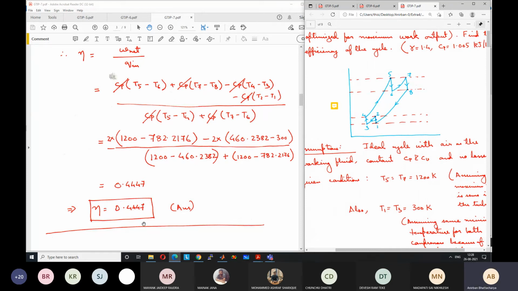Any questions? So all the problems are similar in nature. You can see that it is very easy to solve these problems. I cannot make any complicated problem here also. So ultimately, once you understand the cycle and know about the cycle, it's very easy to solve any of the problems.